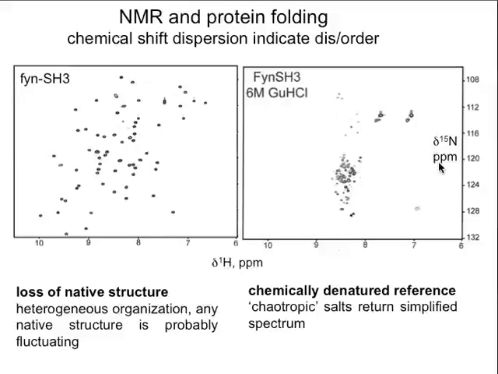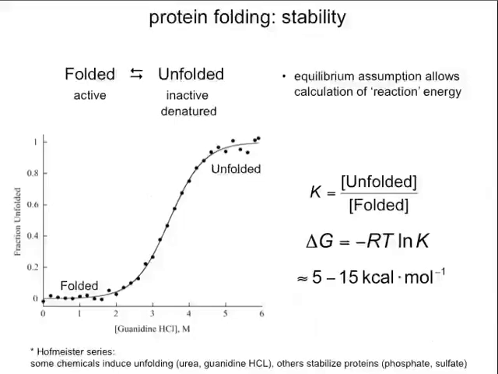Something that you see that doesn't change in this case, these are the amino protons, right? Not backbone amide protons, but side chain protons here. Anyway, these chaotropic salts, guanidine hydrochloride, disrupt the structure of water, forcing the molecule to unfold, and we have our spectroscopic signal. So coming back